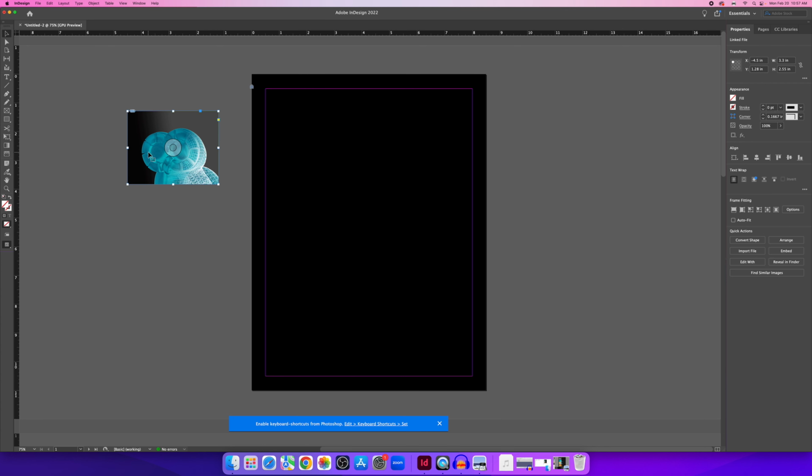All right, when you're first starting InDesign, the first thing you'll try to do is resize this, and you'll notice when you do that, you're actually just resizing the frame. You're not resizing the image. Okay, so I'm going to do Command Z or Control Z to undo that, and let me show you what I mean. Okay, first I'll show you how to resize the image and the frame both at the same time,